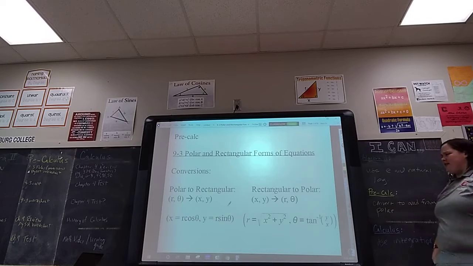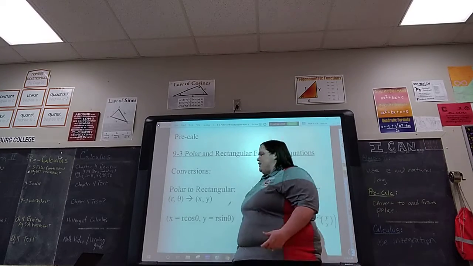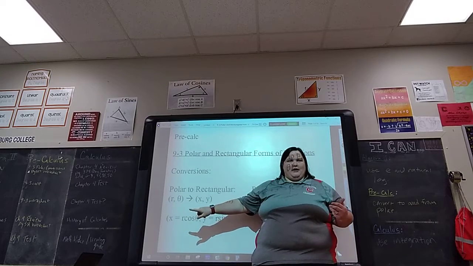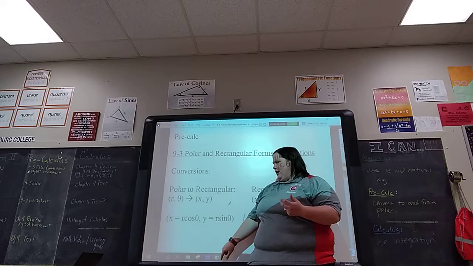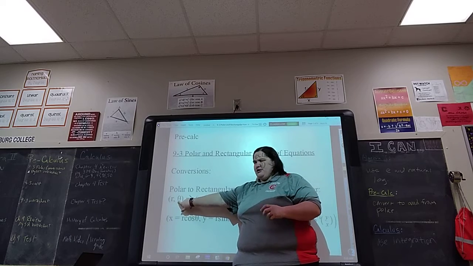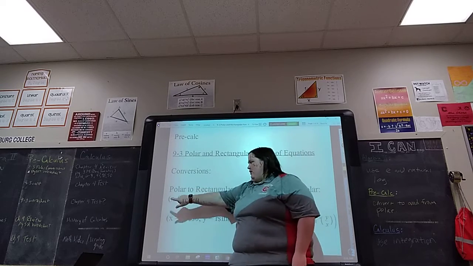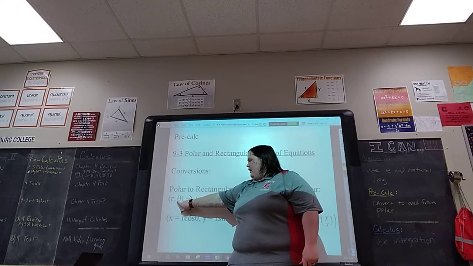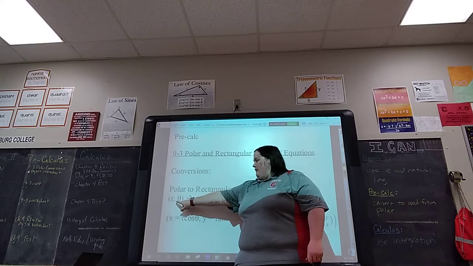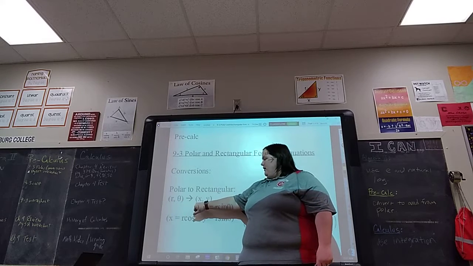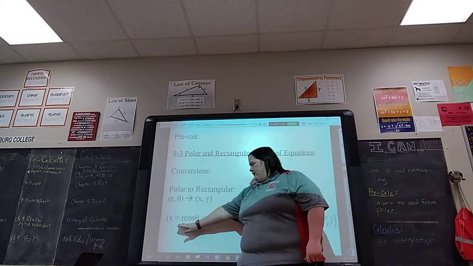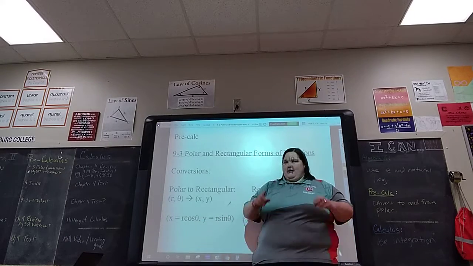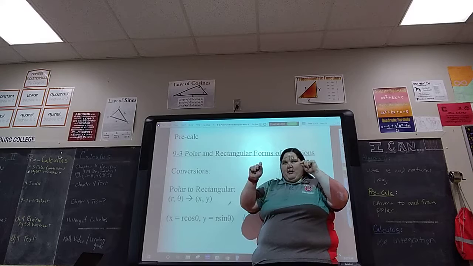So if it starts in polar, and usually you can tell it's in polar because the second number is some sort of angle measurement, so it's going to be a degree, it could be a radian. So if you have some sort of angle measurement second, then you know that it's going to be in polar form. Okay, so that means the first number is an r and then a theta. And if we have an r and theta, we can convert it into an x and y by using these formulas. It actually stems from being able to draw a right triangle with the pole, so that's why